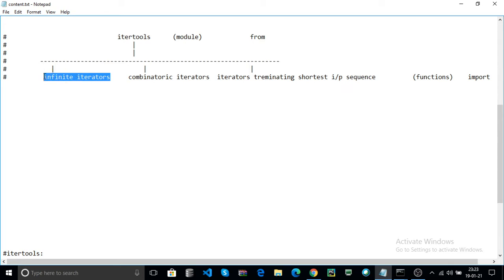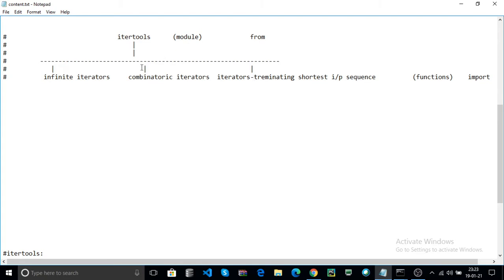Each iterator contains different types of functions. Infinite iterators contain functions, combinatoric iterators contain functions, and iterators terminating on the shortest input sequence contain functions.